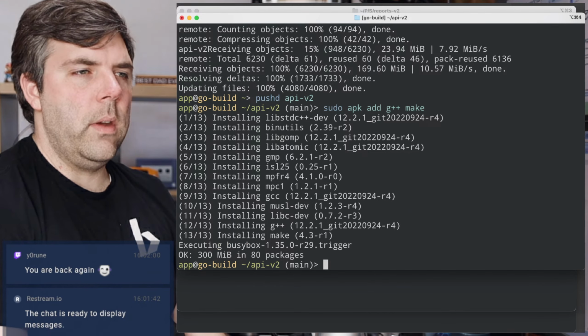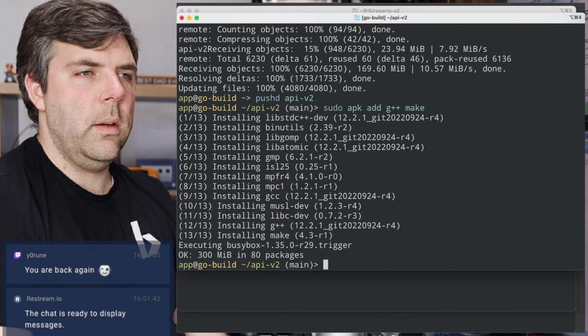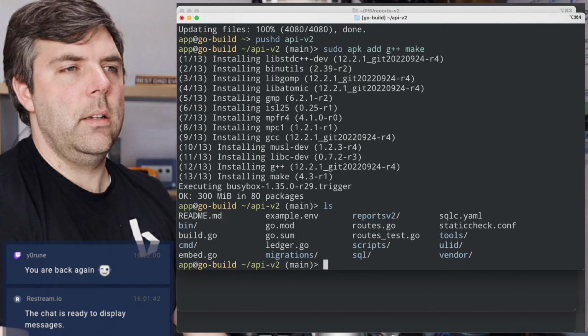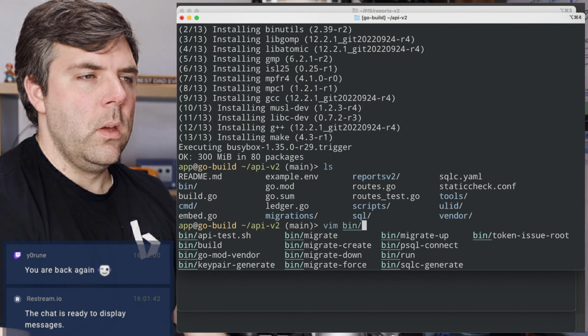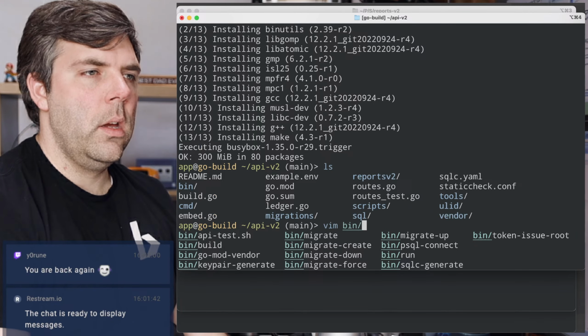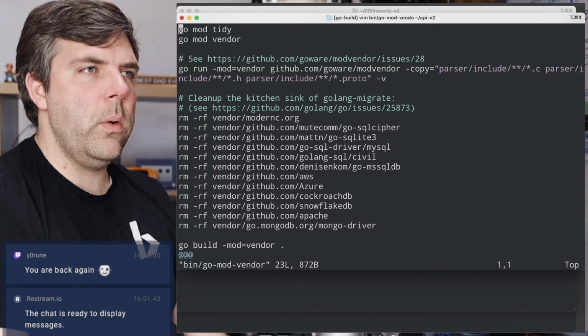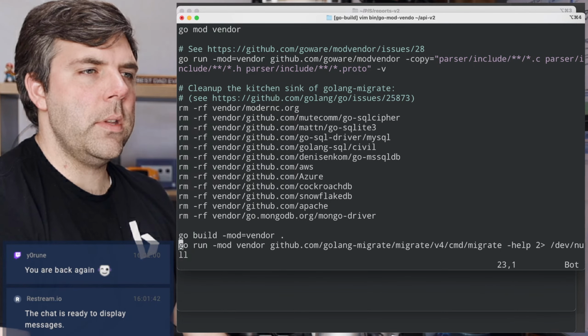Okay, so what was I going to do next? I was going to try to run build. I probably need to run a bunch of things. Dang it! Okay, we've got a couple of problems here. So Go, was it go mod vendor that is broken? So I cannot run it. So here's the crazy part.